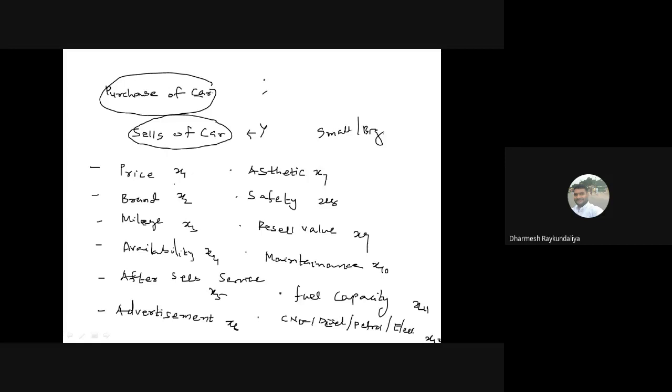But I wish to only study the impact of the advertisement. How much money should I invest in advertisement expenditure so that I can have an impact on the sales of a car? Because in the era of marketing, what you are giving is not as important as how you are presenting it. Once the customer buys, and you then provide quality, you will remain in the market. So advertisement is a very important aspect, and therefore one has to invest lots of money in advertisement expenditure.